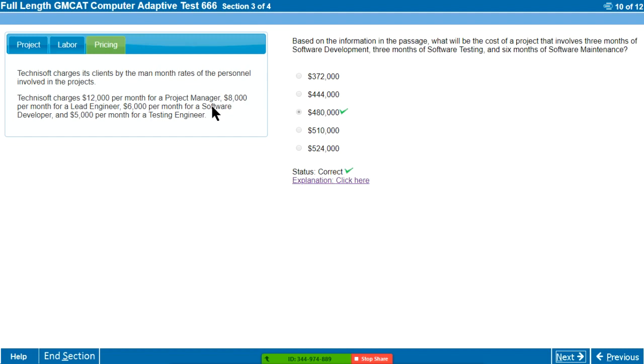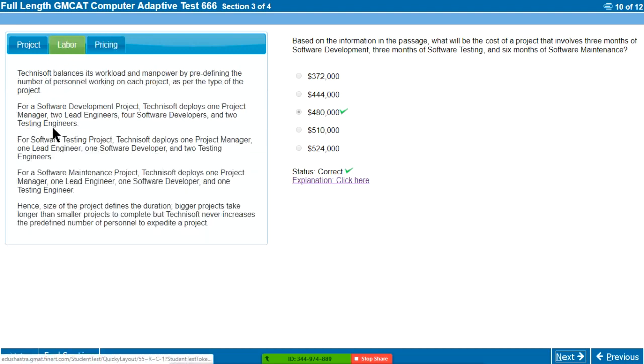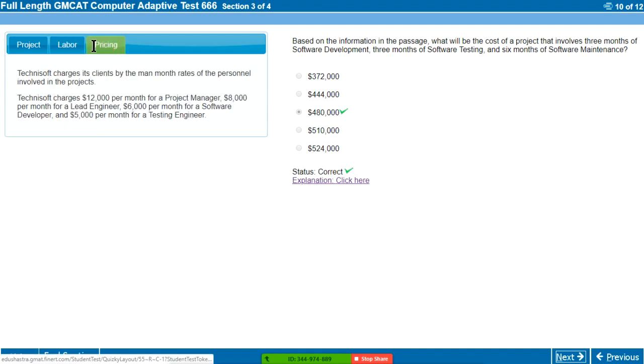One is the per man rate over here, because there are project managers, lead engineers, software developers, and testing engineers. And in each of the projects, we have a different number of people who are required to conduct the project. For example, the software development project requires one project manager, two lead engineers, four developers, and two testing engineers. So we need to correlate these two data one by one. So what we should therefore do is form a table for this